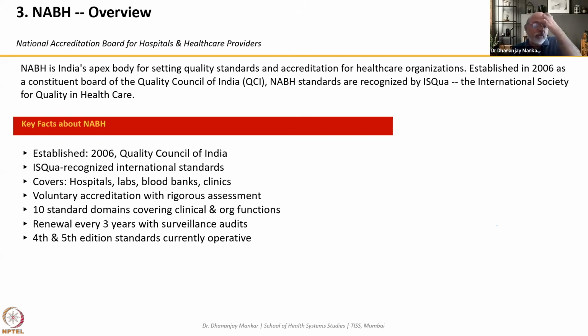After seeking accreditation and getting the certification, what is the renewal process? The renewal process for NABH is every 3 years with a surveillance audit. So the quality audit plays a major role in helping you succeed in your surveillance audit. That is why it is always said that quality is everyday work. It is not that it is achieved once and then remains the same. No, it's not like that. Quality is a continuous and regular effort, and every time you have to maintain the same level of effort to achieve excellence.